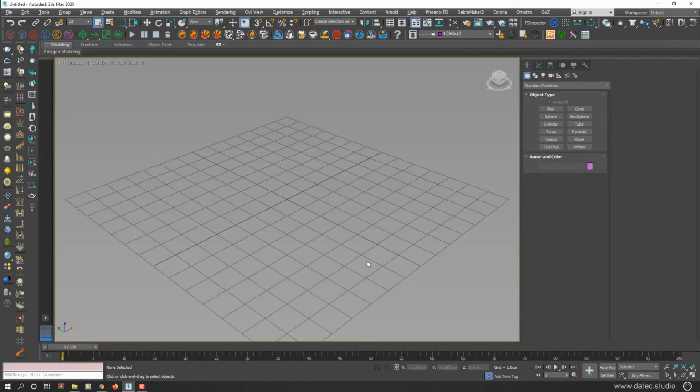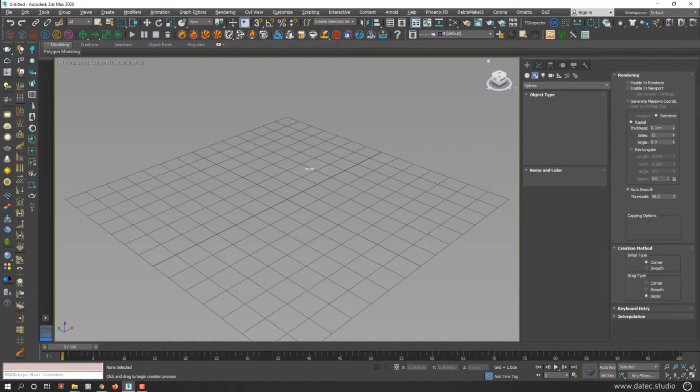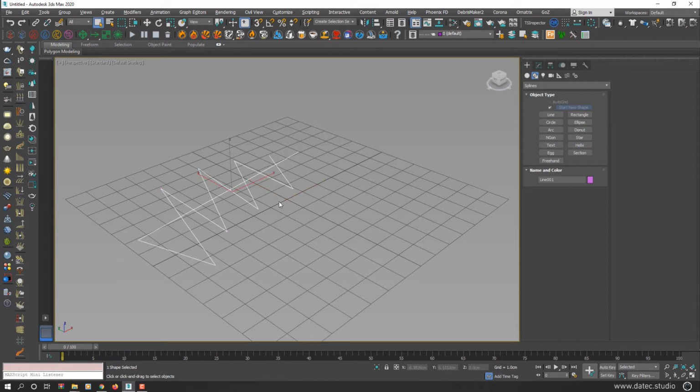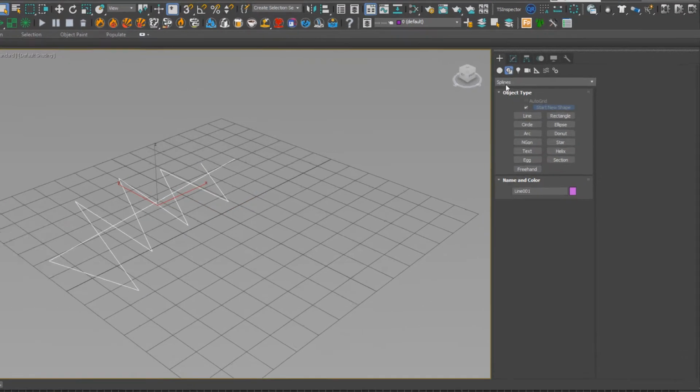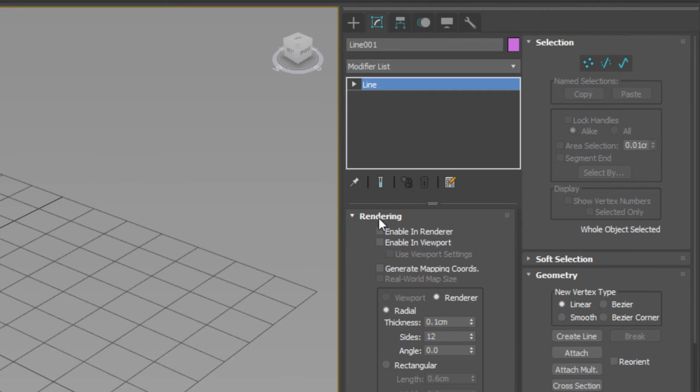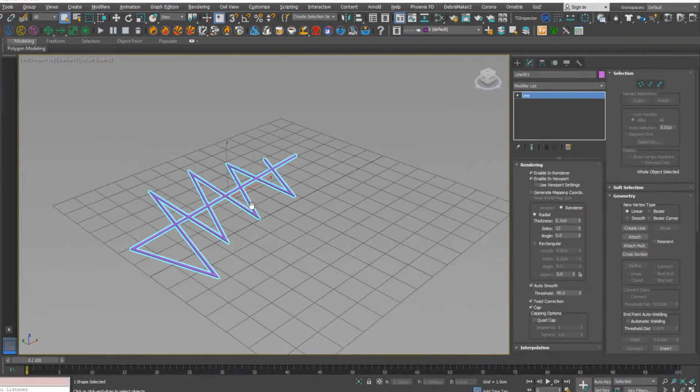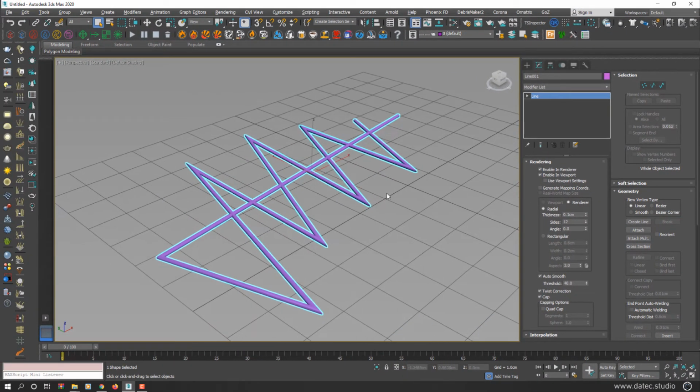I maximize my viewport toggle and from Create, Spline, start creating a new line. I'm trying to create some overlap. Right click to finish creating. Going to the Modify panel, from the Rendering rollout, enable Render in Viewport and in Render, which the first one is